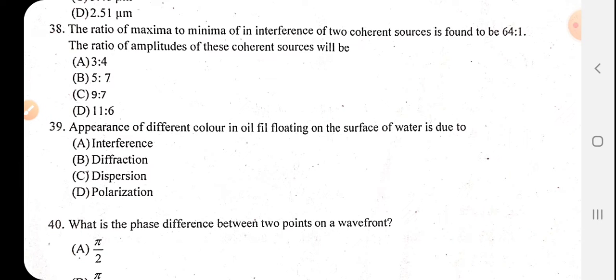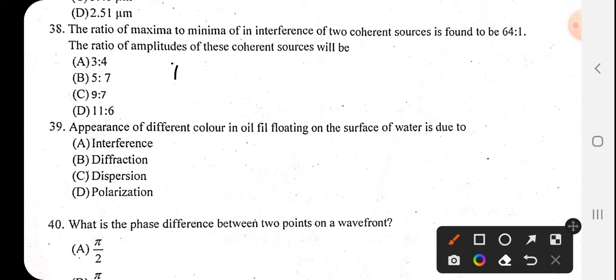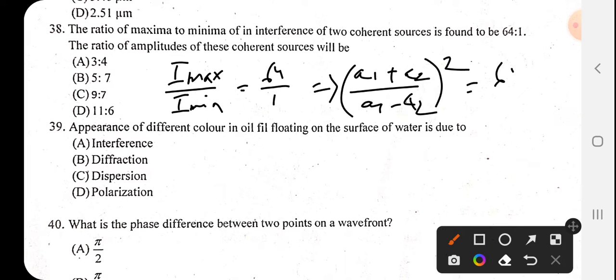Again this is from a maxima minima question. Here it is given that I maximum to I minimum equals 64/1. We know that I maximum to I minimum can be written in terms of the amplitudes as (a1 plus a2) the whole square divided by (a1 minus a2) the whole square. So 64 divided by 1 means (a1 plus a2) divided by (a1 minus a2)